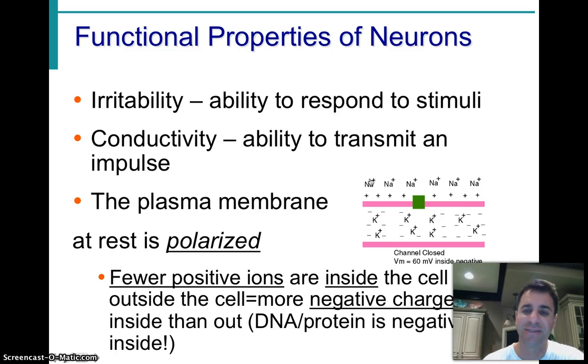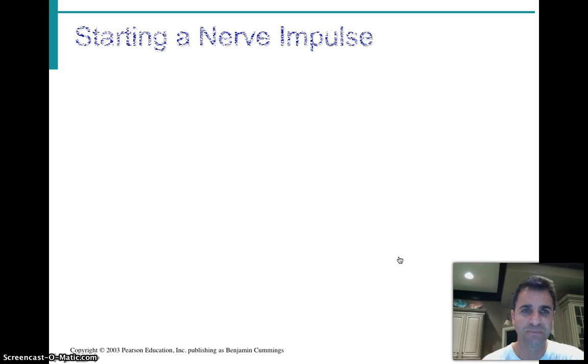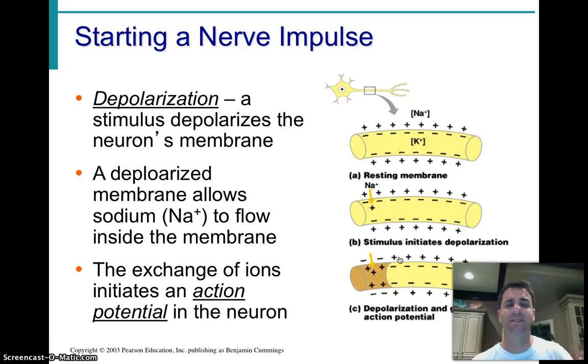In fact, it's negative 70 millivolts. Don't pay attention to this number. It's generally negative 70 millivolts. All right, so now when a message wants to be sent down the axon, here you see, zooming in on the axon, we have what's called depolarization. When depolarization happens, it's in response to a stimulus, and some channels in the membrane of the axon open, specifically ones that fit sodium. And sodium enters the cell, and we call this depolarization. Sodium brings with it positive charges, and that makes the inside of the cell in this one area positively charged. Okay? As this positively charged ion enters, it triggers neighboring channels to also open, which allows sodium to enter,